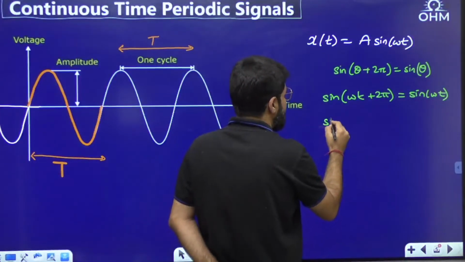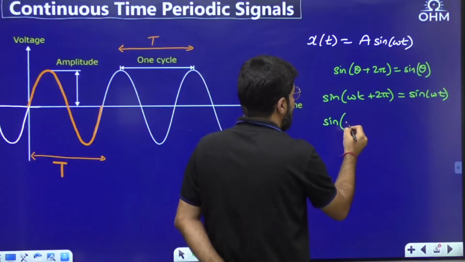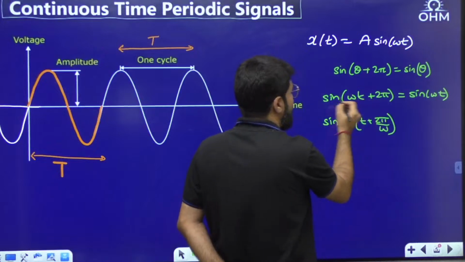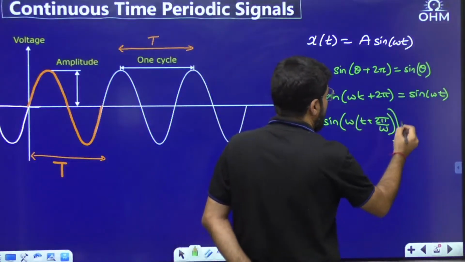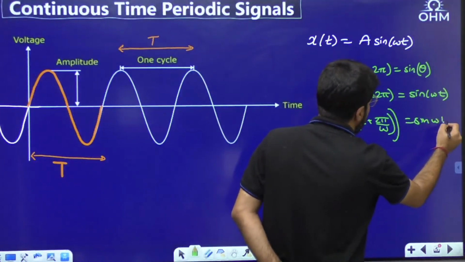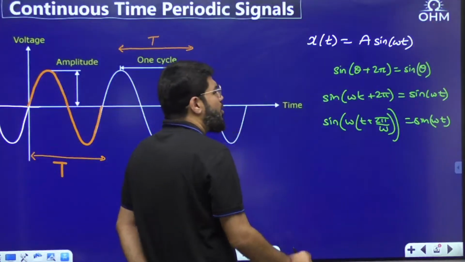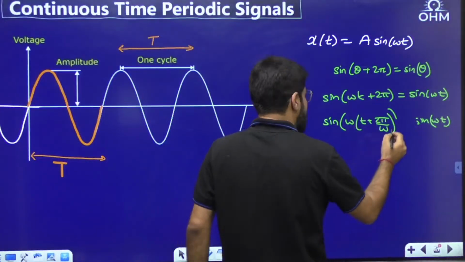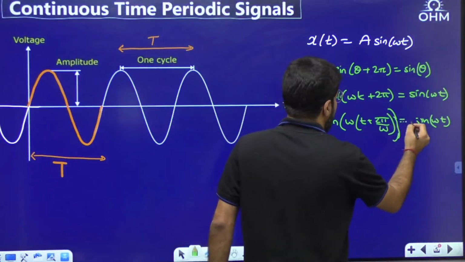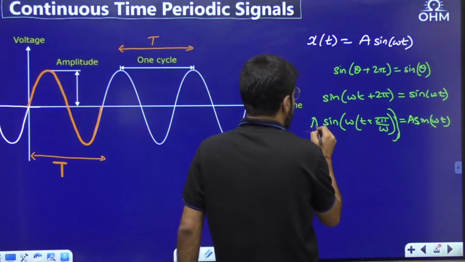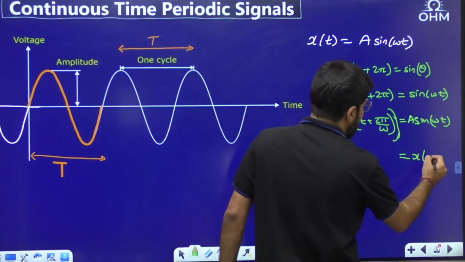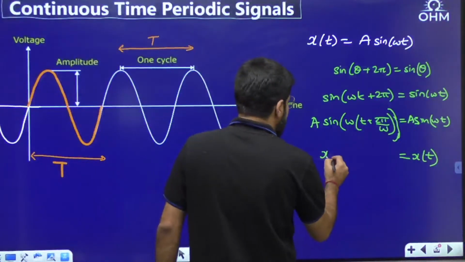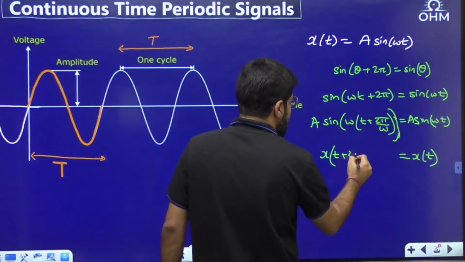Now let me take omega common. So I get sine of omega times t plus 2 pi by omega, because if I take omega outside, I have to divide the 2 pi by omega, and this is equal to sine omega t. Now if I multiply both sides by A, be it any amplitude, what is the right hand side? The right hand side is x of t, the original signal taken. And what is the left hand side? It is x of t plus,